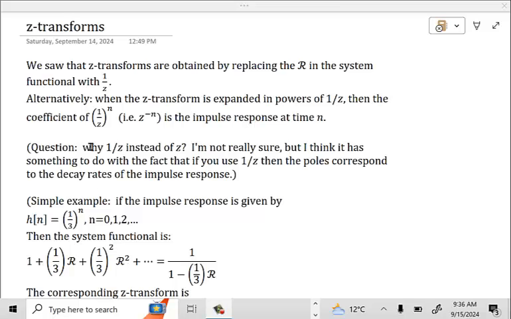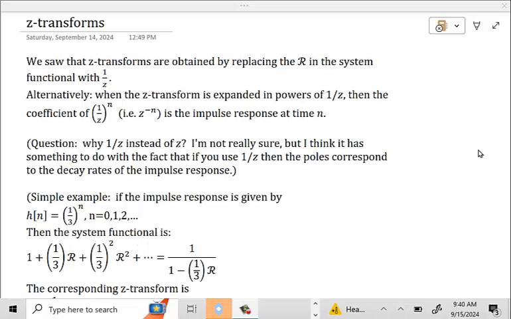Now, there's this mathematical operation you can do by simply replacing the R in the system functional with a 1 over Z, or 1 over Z if you're in Canada. So, alternatively, when the Z-transform is expanded in powers of 1 over Z, then the coefficient of 1 over Z to the n, or Z to the minus n, is the impulse response at time n, right? So the Z-transform of this system down here, you just replace the R with a 1 over Z,